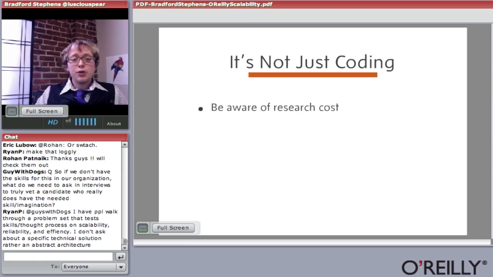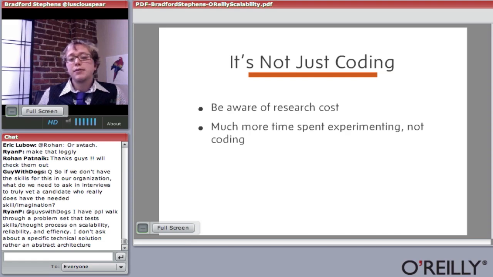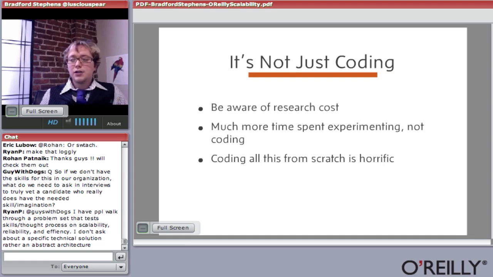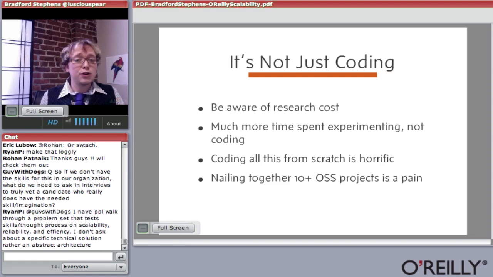And a lot of this isn't just coding anymore. When you build these systems, you'll probably spend 50% or 80% of your time just trying out iterations, what systems work, what systems don't. And that can be really difficult to articulate to management, that there are going to be no new features for 6 months because you have to build a whole new database from scratch. You're going to spend a lot of time experimenting, and this can be hard in some people's careers because it's hard to deliver something people can play with and click, which makes it really hard to do with Scrum and Agile backgrounds as well.